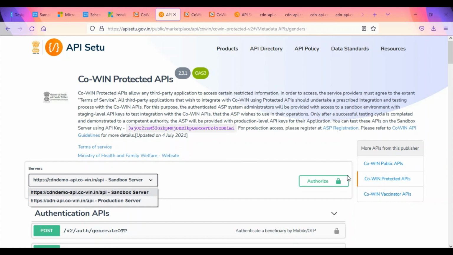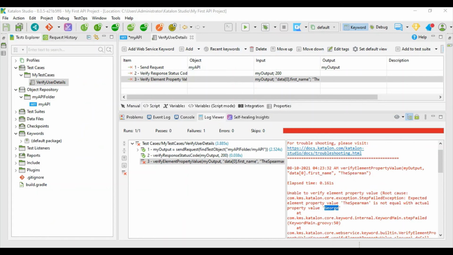Okay, so that is all for the API testing overview as an introduction: how it works, what it should have, what it should not have. We'll go deeper in the later parts as I go forward.